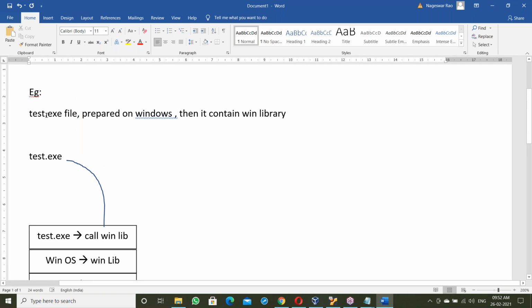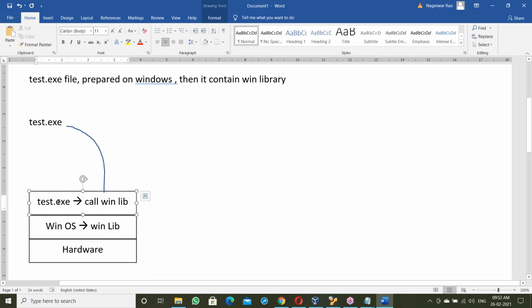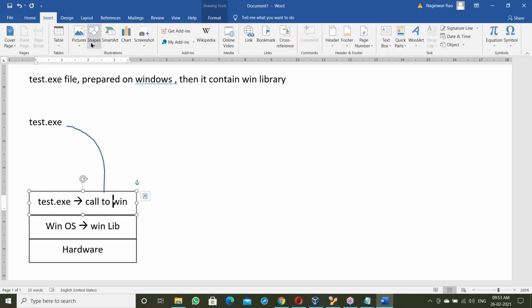Suppose test.exe is prepared on Windows OS, then it contains the Windows library. Now test.exe is placed on Windows OS and you try to run it. It makes a call to the Windows library. It's available, same environment, same OS library, Windows OS.